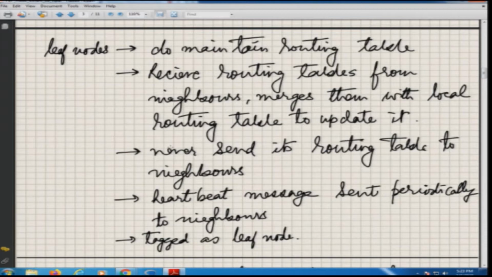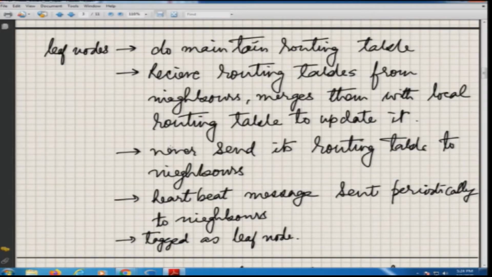So, it is important that you never send your own routing table to others, because you are not forwarding. There is no need to send your routing table; you only need to maintain your own local routing table. When you send your routing table to neighbors, you are advertising your reachability to other nodes, so that somebody can make you a next hop node in their routing table. So, leaf nodes will never announce their routing table, that is one exception, and they will also send a heartbeat message periodically to all the neighbors. So, neighbors know this node is alive, but only heartbeat is coming and routing table updates are not coming, that means that node is a leaf node.